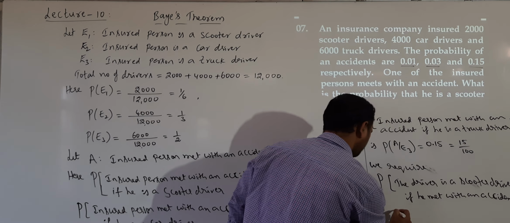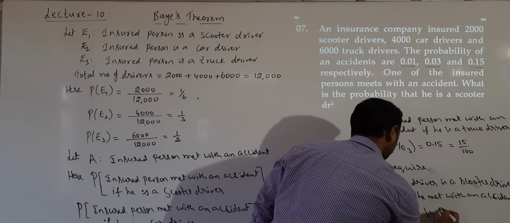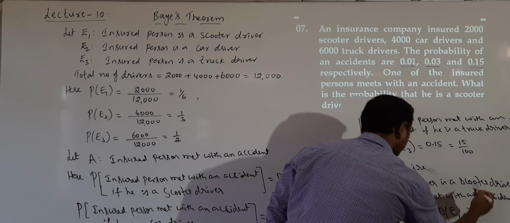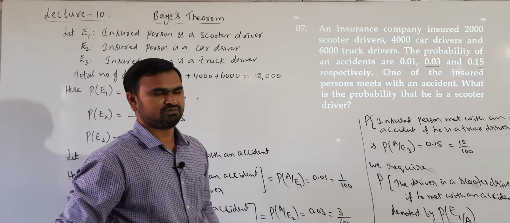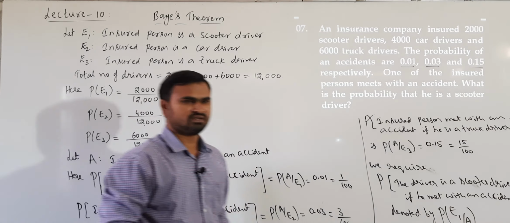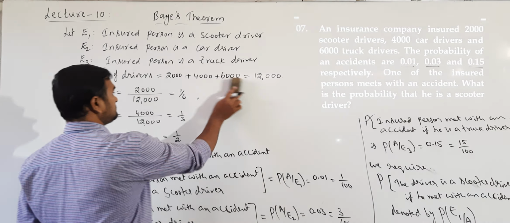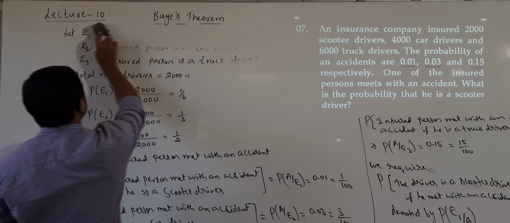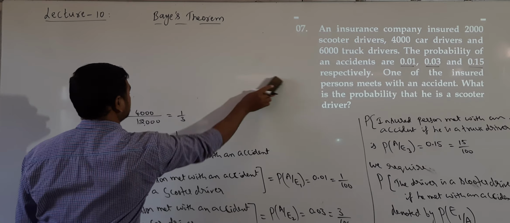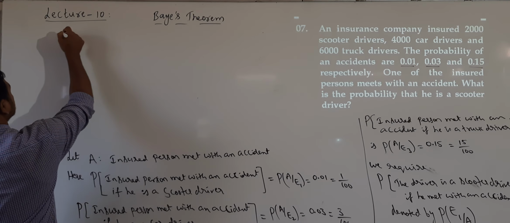This is what we require, denoted by P of E1 given that the accident has already happened. So we require P of E1 given A. So what do we have to apply here? Bayes theorem. So by using Bayes theorem,